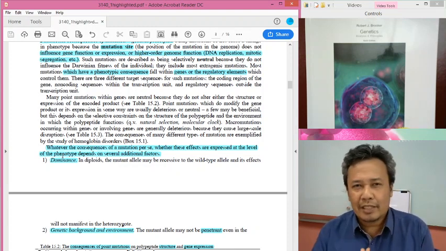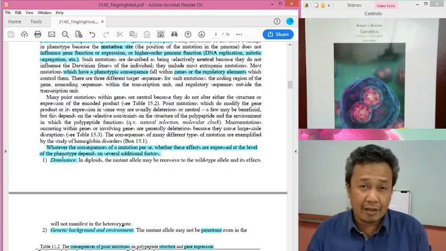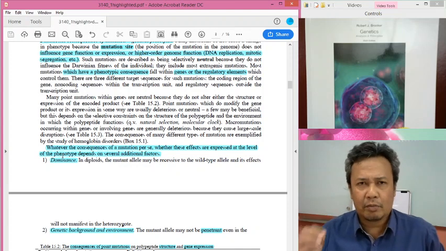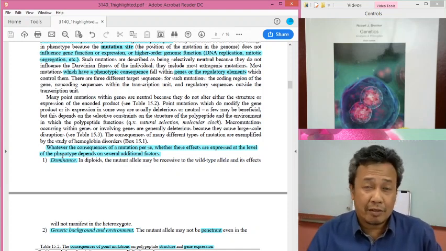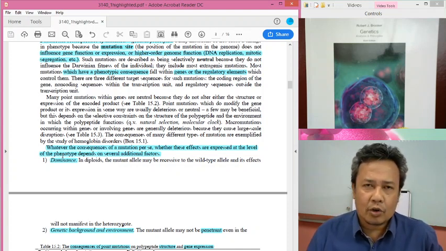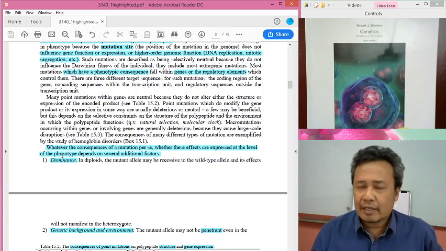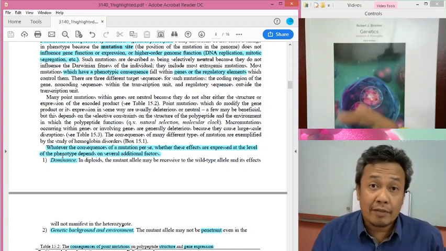So in most cases, when we talk about the effects of phenotypes, we normally refer to fitness, right? When we talk about negative effects of phenotypes, normally we talk about fitness, not just the causative phenotype, because some of them may be neutral, and some of them may even be